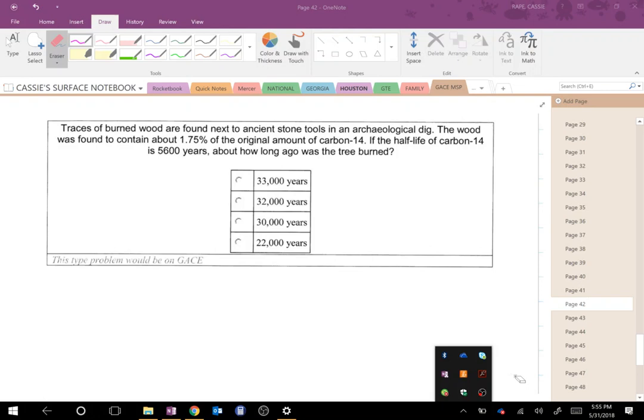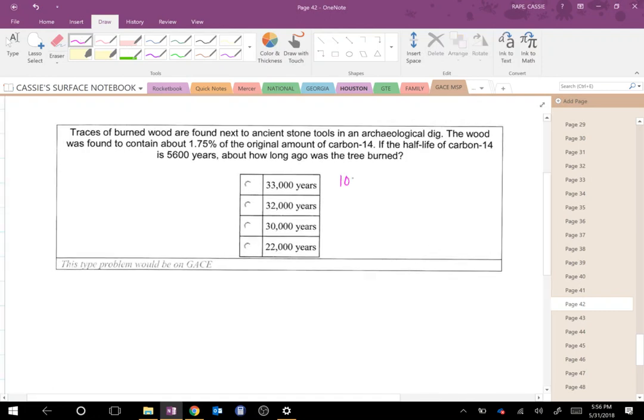Okay, this is a half-life problem. It doesn't tell us an amount, it just tells us a percentage, but let's say that you started out with 100% of that tree. Let's talk about what half of that is. If you take half of the tree, you would end up with 50% of that tree, right? But that doesn't happen